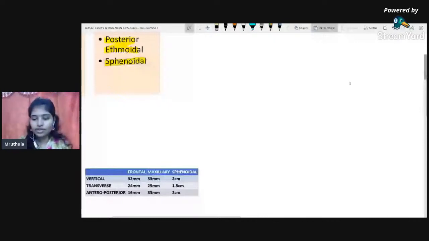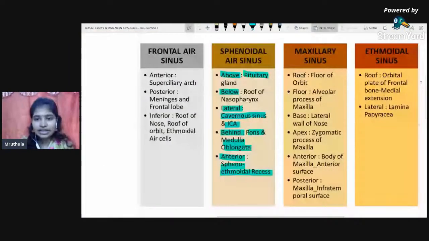So the next structure that we are going to see, the next relation is about the maxillary sinus. Maxillary sinus, we have 6 relations here. So first, roof, floor, okay, top, bottom. And we are also going to see another relation called base, apex, and then anterior and posterior. So roof